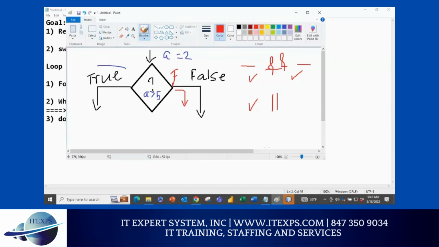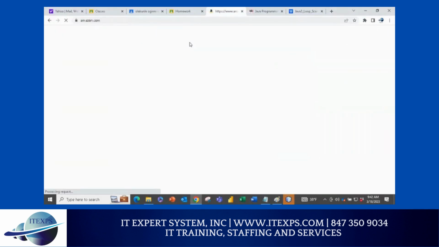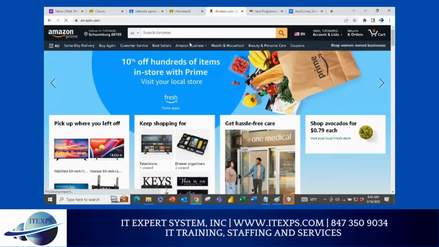And the loop is more about the data aspect. So let me show you where you're going to use a loop. If I go to one example, I go to Amazon.com, which is my favorite site. Though recently I bought the stock, I will give a disclaimer, because it was so cheap and I could not resist. Once upon a time it was $200, $300, but recently it was like $90. So I thought, let me buy it. I hope I will make money. I'll keep you posted.